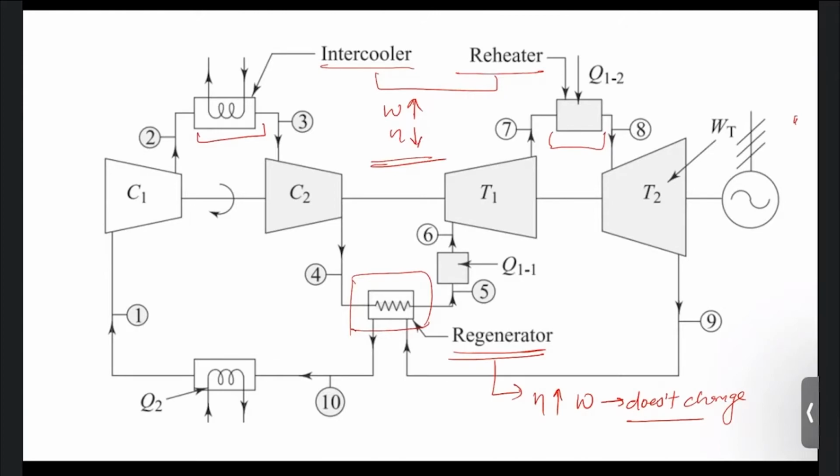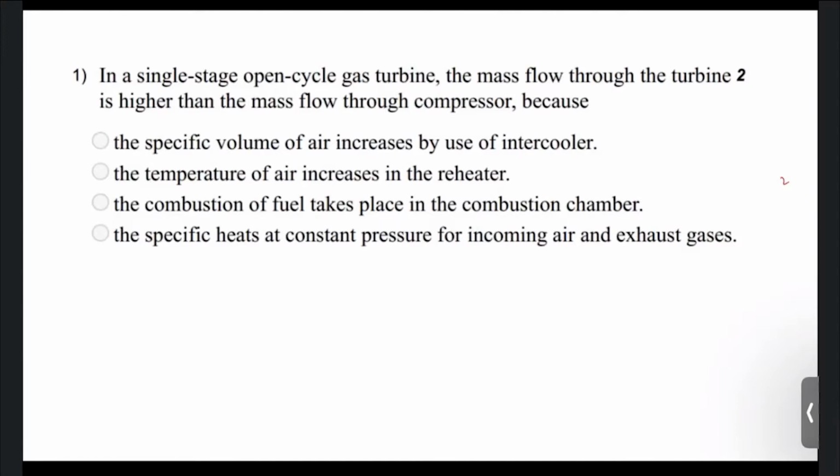Now we will look at the questions based on these concepts, and we'll try to understand and solve them. Okay, so let's move to the first question. So here is the first question. In a single stage open cycle gas turbine, the mass flow through the turbine is higher than the mass flow through the compressor, because... so what happens here is,